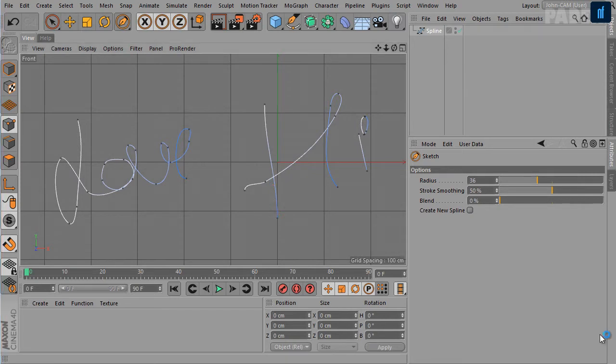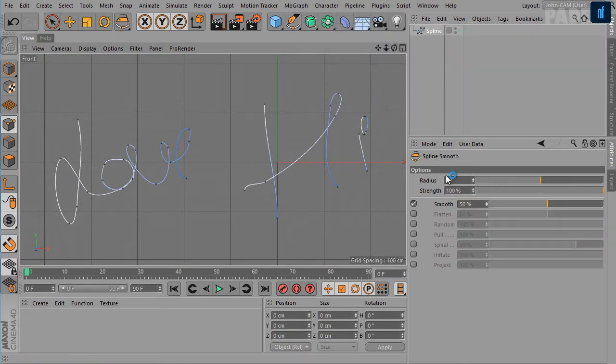The spline smooth tool works as a shaping brush. It not only allows you to smooth the splines but also offers a number of other features that can be combined seamlessly. You can adjust the strength and radius of this tool by dragging the mouse pointer vertically or horizontally. So let's go ahead and activate this tool, spline smooth. Now we have here radius and strength, and then we have the functions of this tool. So if you middle mouse click and drag horizontally, you will change the radius interactively, and if you middle mouse drag vertically, you will be changing the strength of this tool.